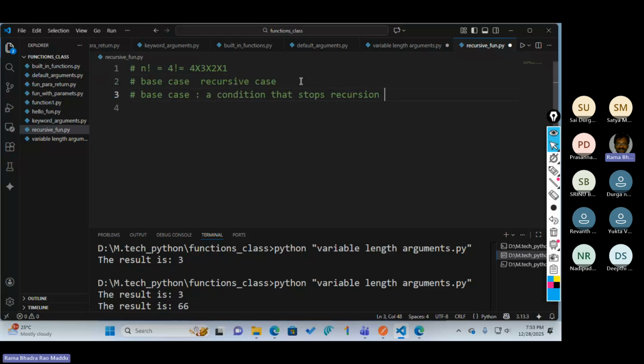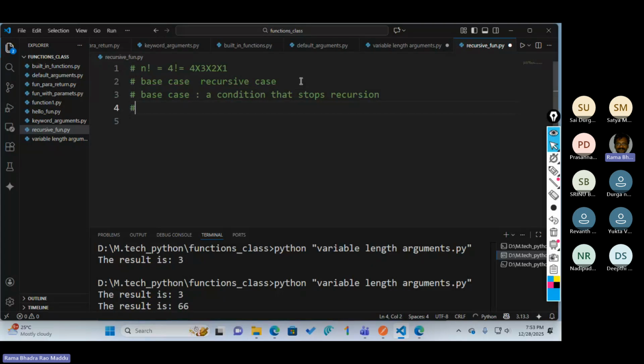So the concept is a function calling itself. It is calling continuously, so whenever it needs to stop, it tells about the base case. Base case is nothing but when the recursive function should stop.